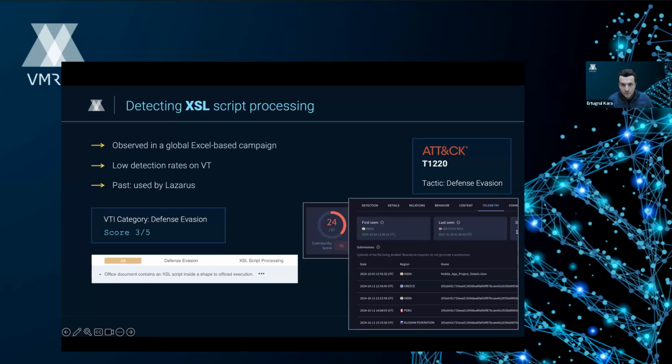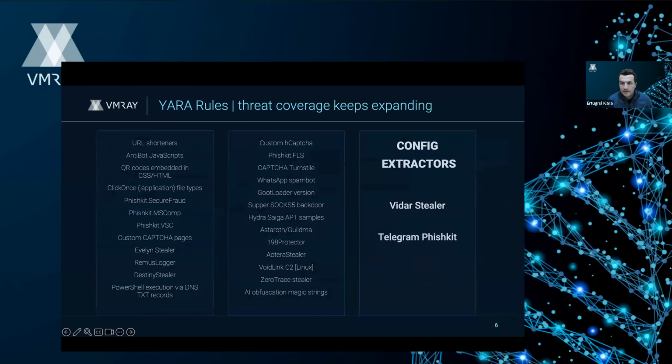So we will move forward, and I really don't want to waste time here because the full list of YARA rules is on our blog, but the variety this month is honestly impressive. When I look at this, and it's just a partial list by the way, I think it's a great reminder of how hard it is to fight this threat landscape. And ironically, a fun take from this would be job security for all of us. All right.